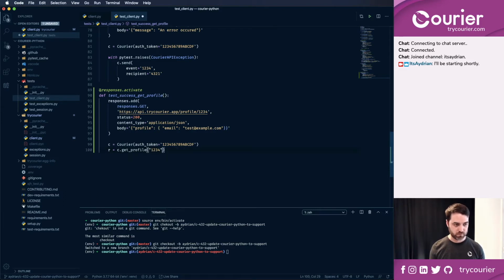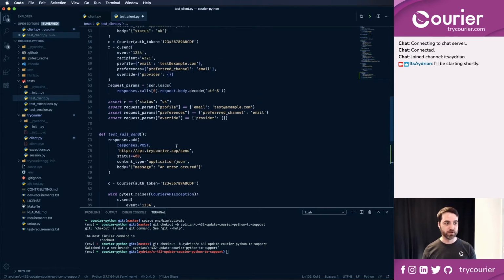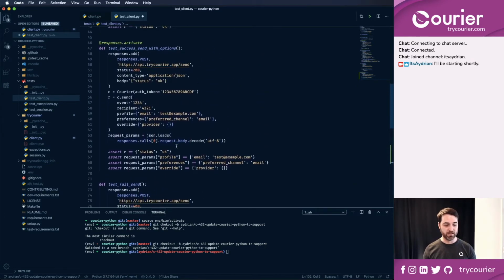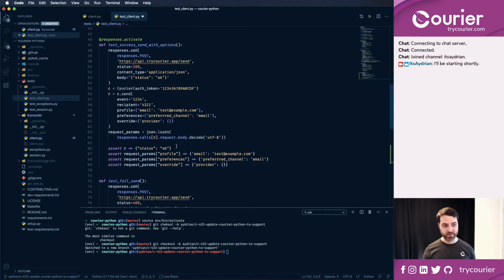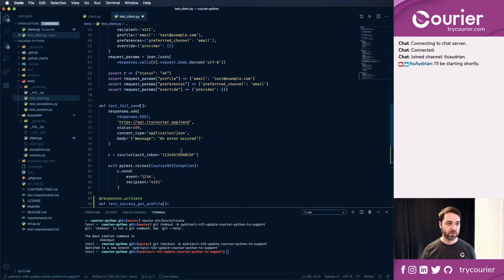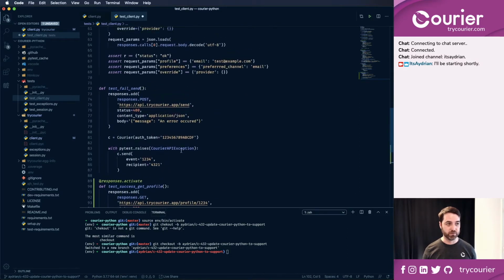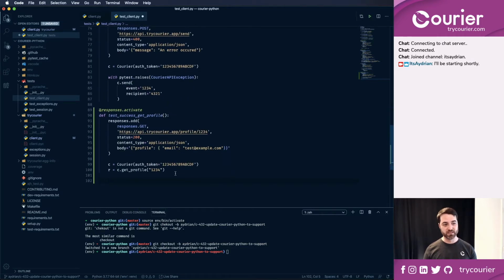Okay, and now we are going to assert that the response that we get is what we expect. Except this is actually going to be a list because our function turns it into a list. So we're going to assert